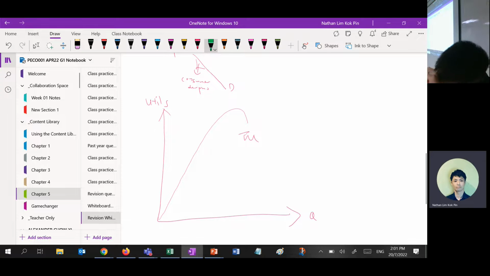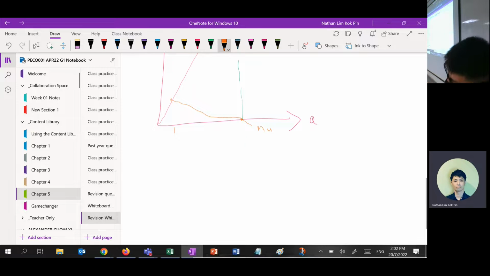Then you need to draw a dotted line to show where the point is that total utility reached the maximum, right? Then you have to draw the marginal utility. Marginal utility always goes down. There's no such thing as going up and down. Of course, in the real world there is, but now I say everything depends on the real, right? So it will just start from unit number 1, go down, and must touch this point for marginal utility, right? Because marginal utility 0 equals total utility maximum.